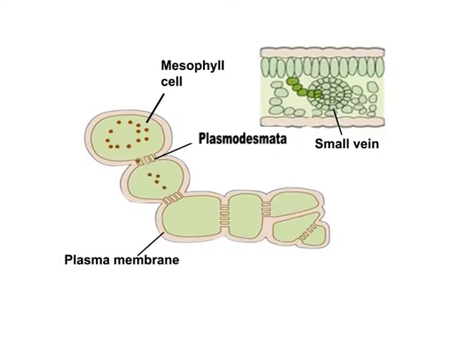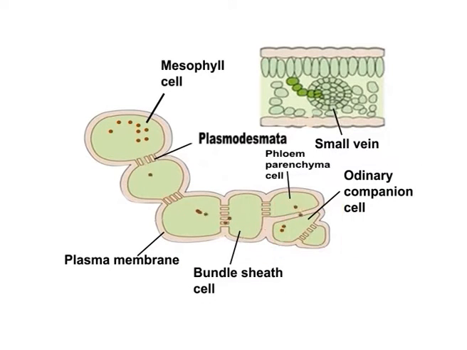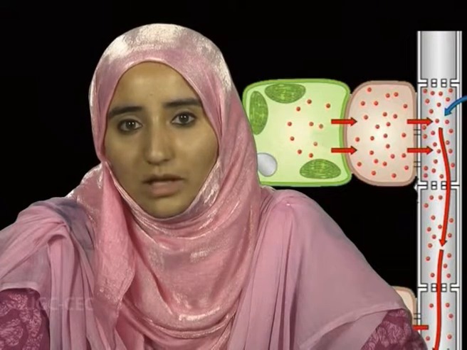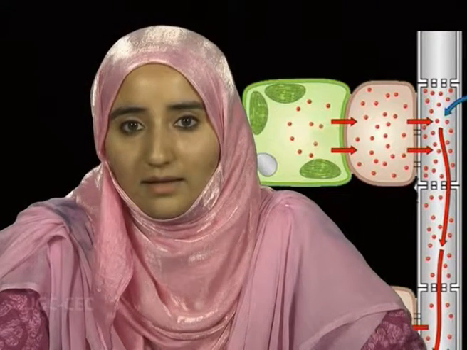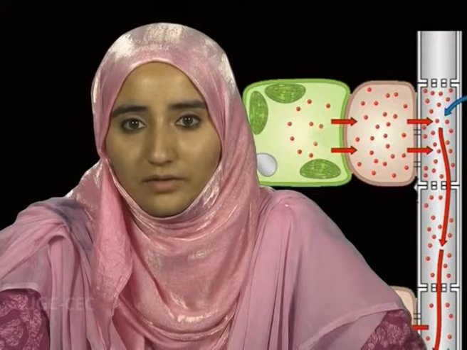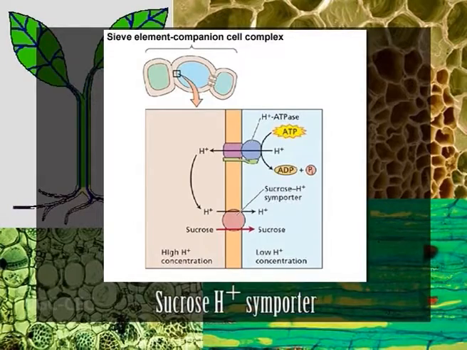In case of apoplastic loading, the sugars enter the apoplast quite near the sieve element companion cell complex. Sugars are then actively transported from the apoplast into the sieve elements and companion cells by an energy-driven selective transporter located in the plasma membrane of these cells, that is sucrose H-positive symporter. The apoplastic pathways occur in species in which ordinary companion cells and transfer cells are present. Examples are potato, that is Solanum tuberosum, and tomato, Lycopersicon esculentum.